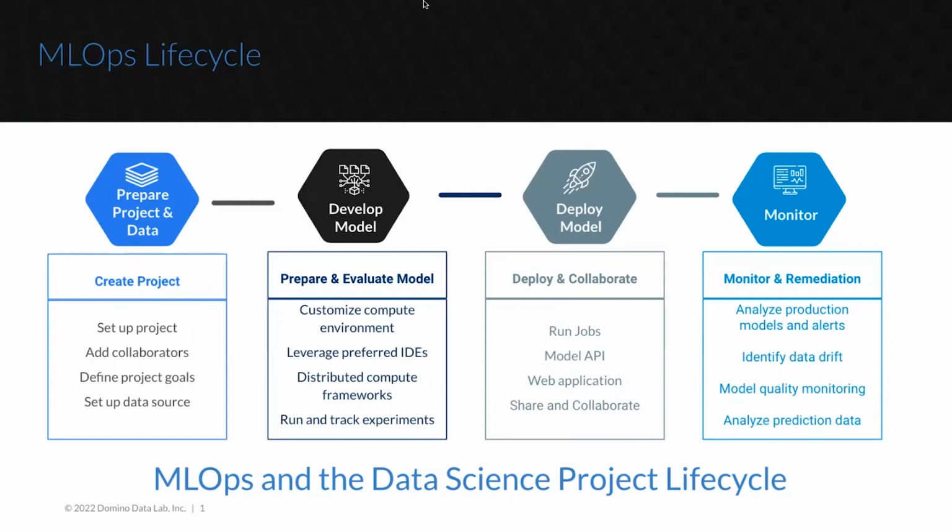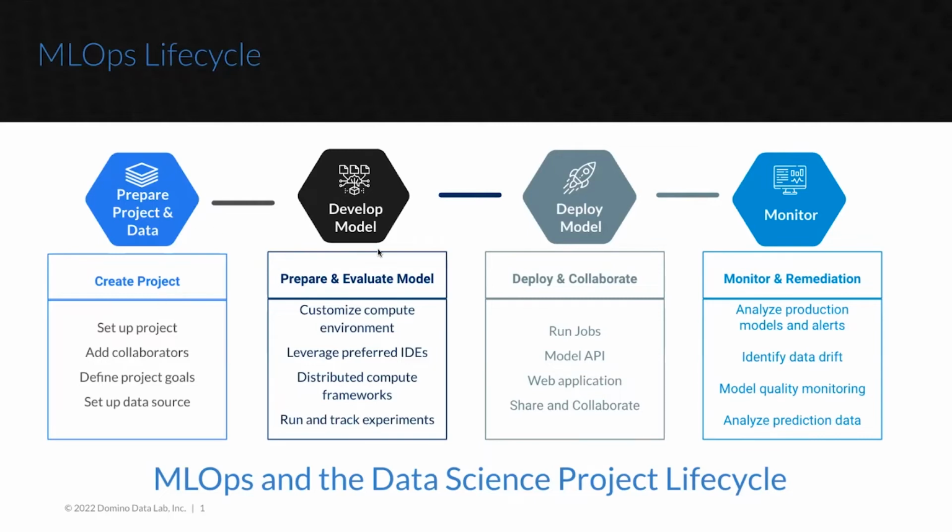So you see here, we have 4 different layers throughout that entire MLOps lifecycle. At Domino, we start off with the first layer, which is where you prepare your project data. What I mean by this is, in this first layer, you're going to create a project. And this project, you're going to set up with all the data sources you need, all the collaborators you want to work with, and all the goals and tasks that you're going to set up for this project, which can be a pipeline or a chain of all the different types of models you need to build for a specific project set.